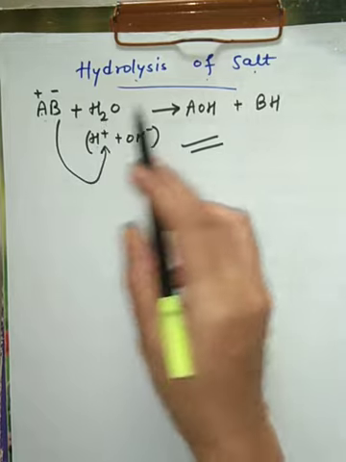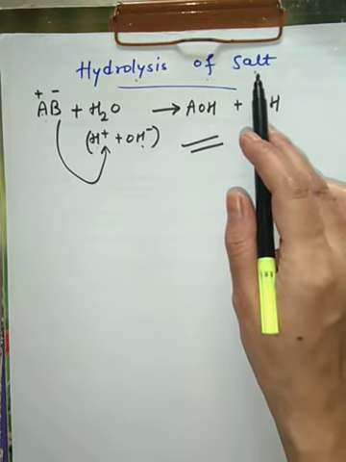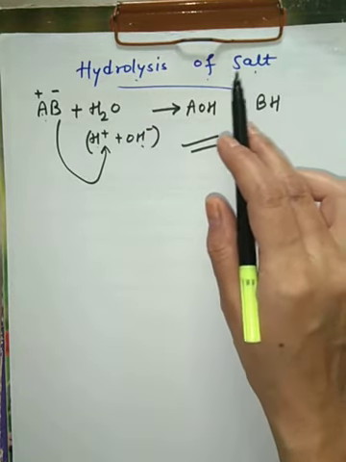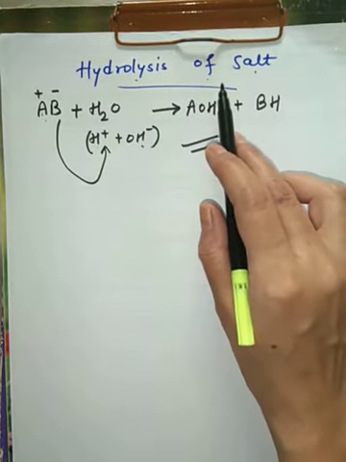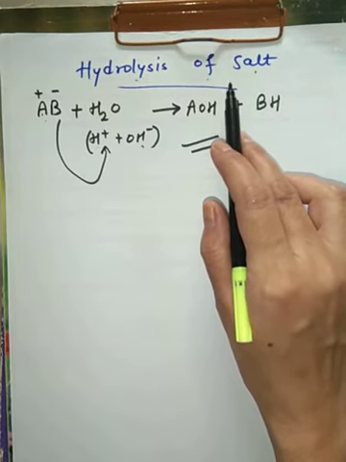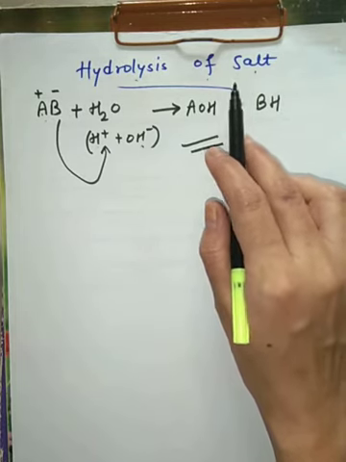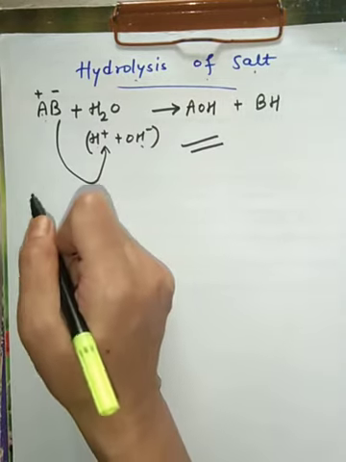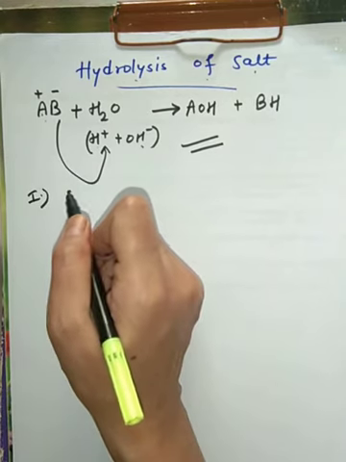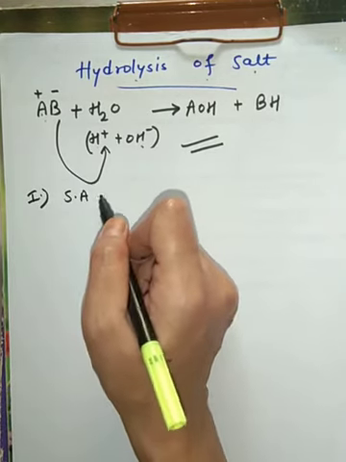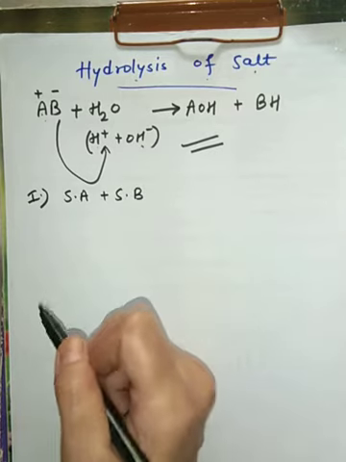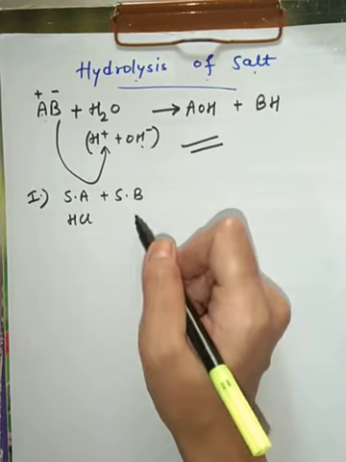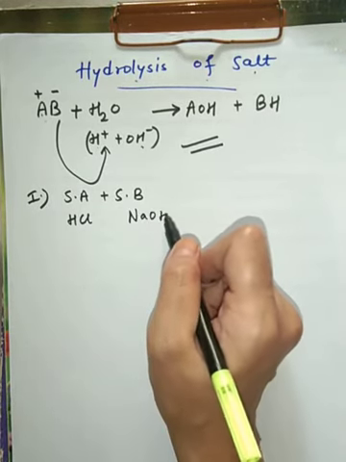Now we already know that salt is of four types. So one by one we need to see hydrolysis of salt. When there is hydrolysis of this salt, there will be produced acidity, basicity, or sometimes neutrality depending upon the type of the salt. Now, the first type of the salt that we have seen was the salt which is a combination of strong acid and strong base. Strong acid, we know the best example is HCl. The best example of strong base is NaOH.